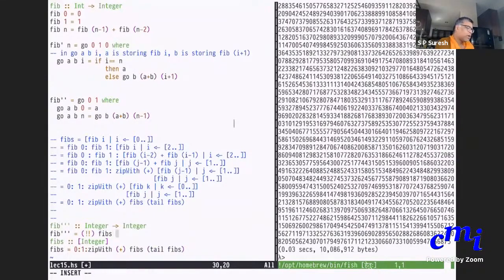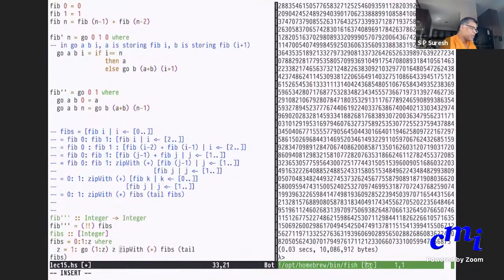Okay, this is done. And fibs itself, rather than writing it that way, I'll say 0 colon 1 colon Z, where Z equals 1 followed by go of 1 colon Z followed by 1 colon Z and Z. Go itself is